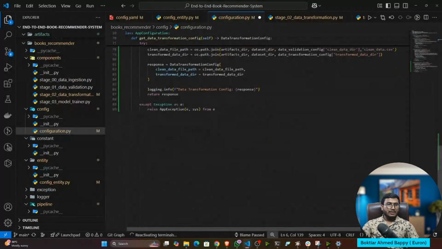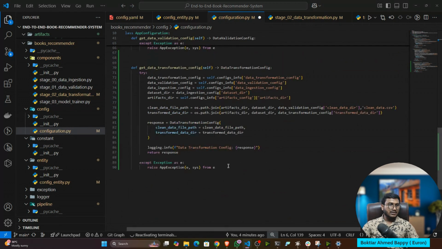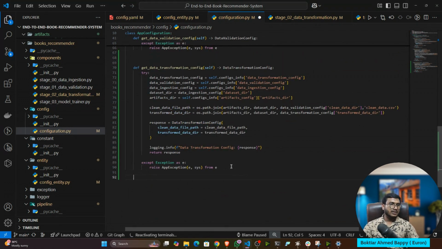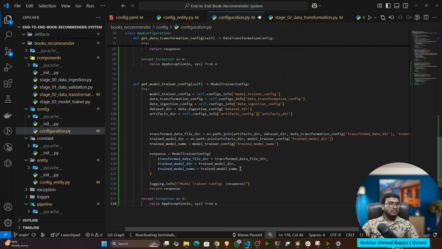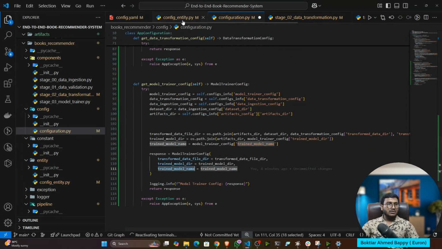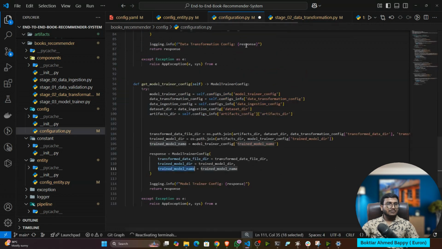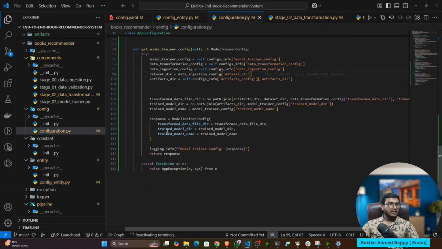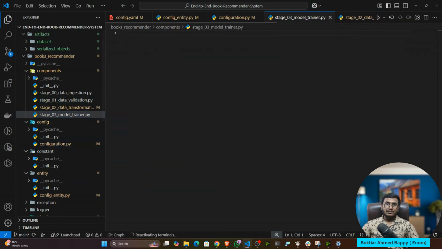Then I will add the method. If you understand one template, rest of the things you can automatically create. That is the main advantage to use this template. Similar concept. Okay. Now you can see I'm returning three things: transform directory, train model, and model name. So these three things. So once it is done, I will create the component model trainer.